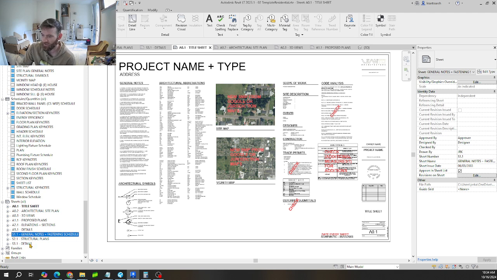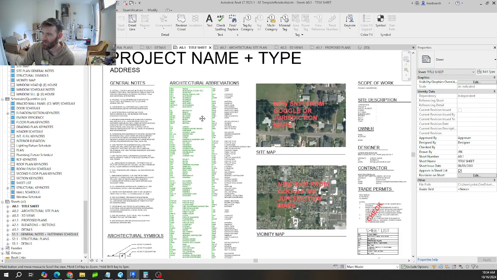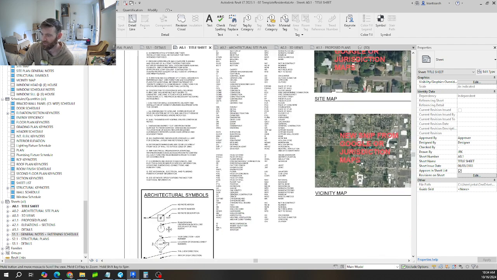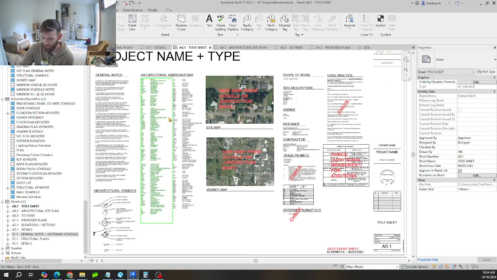I'm including structural information on 3 sheets, and the structural information is coming direct from the Oregon Residential Specialty Code, with some tables adapted and things like that. So getting right into the title sheet, we have our general notes, architectural abbreviations, symbols. It's kind of a map through